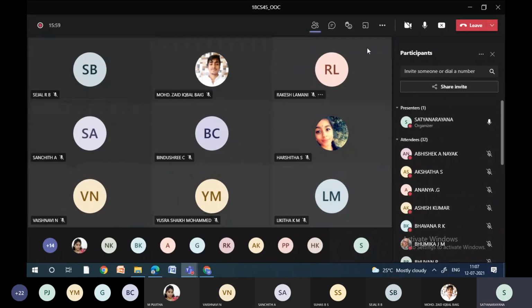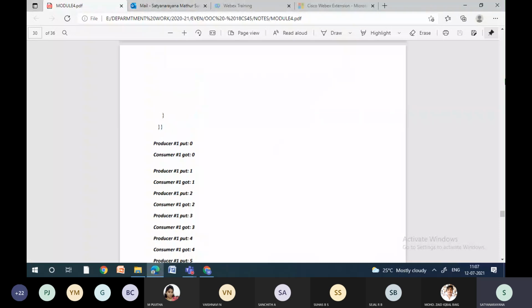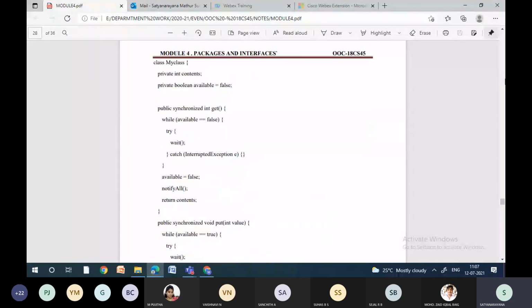Right. In the last class, we talked about how to implement synchronization in Java and the various methods we have to implement it. We also discussed the basics of the producer-consumer problem.